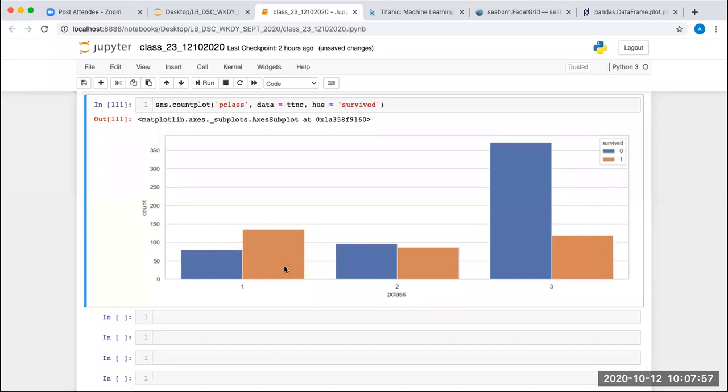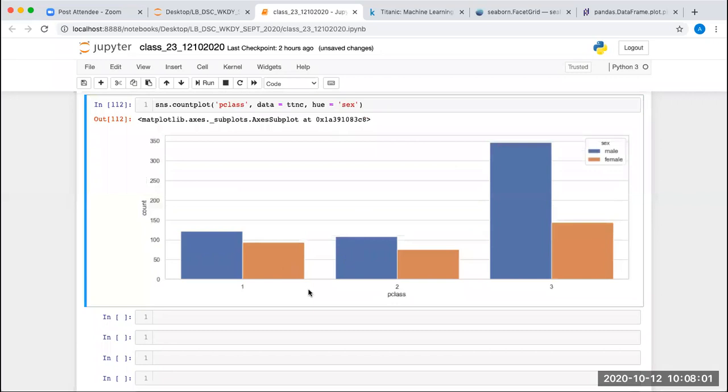Let's say you want to see it based on sex, so you can write here sex, and now you can check that males in the first class survived more, and in the third class also. This is male, right? This is count. No, sorry, this is not survival. I will take survived here. We have the column attribute.